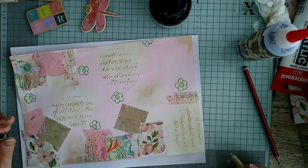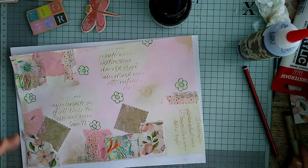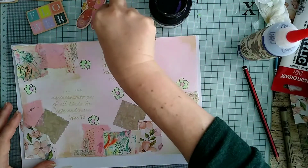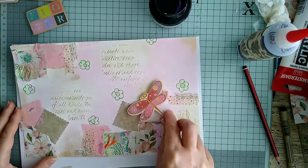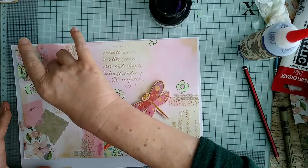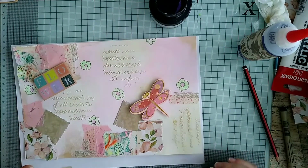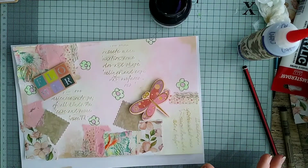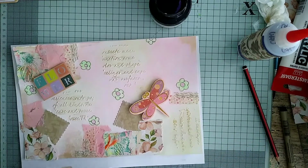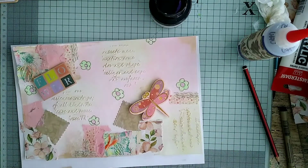But now, you know what I'm going to say? I've introduced some black and I feel like it might need some more. Right, where are we going to put you guys? Don't want to cover up everything, so I probably ought to wait for these to dry. Something like that. Maybe let's look for a phrase or saying or something in black, and that might tie it all in. Or white and black either. Here we go. Let's have